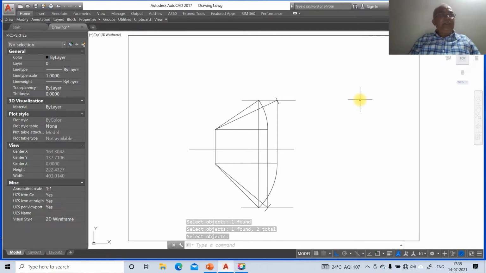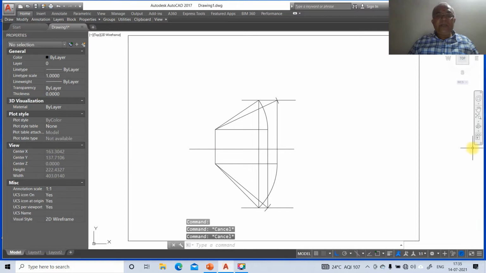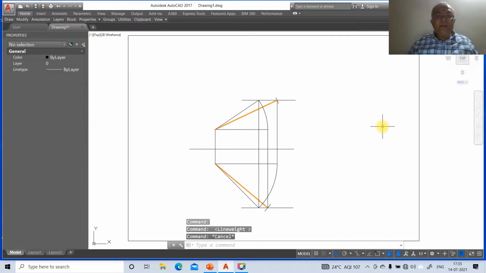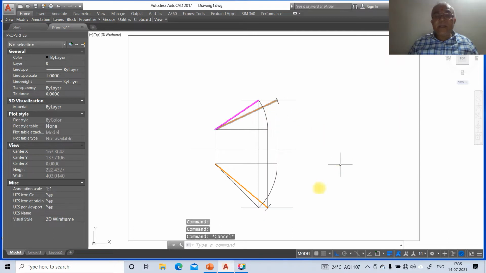Now we are going to change the different layers. To do that, you just click on this, go to layer, make that layer as XY. So it will change the line thickness. Then you click on this true length, go to layer, make this as a true length. And you click on this line weight, enable. So you click on this, go to layer, make that as a front view. So automatically it takes the color and line type because we have already set this.